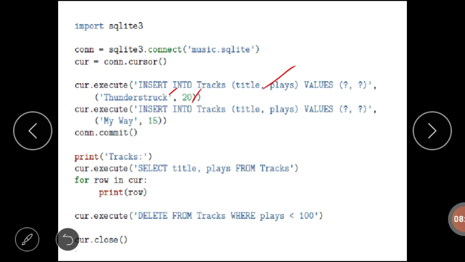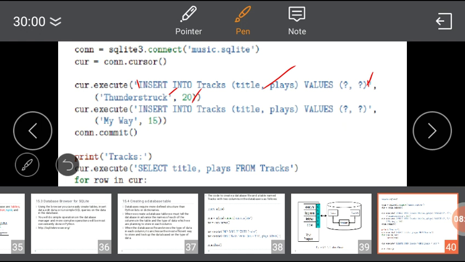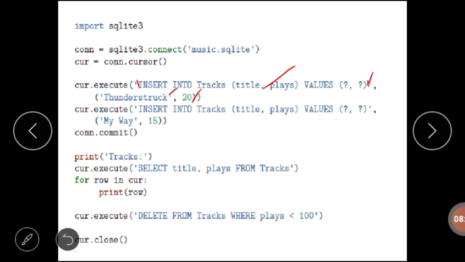Here the execute method requires the SQL command to be in string format. So whatever command we are writing, we have to enclose it inside single quotes, or we can use double quotes. The question marks, here we have two, act as placeholders for particular values. After inserting two rows, we must use the commit method to store the inserted records permanently.